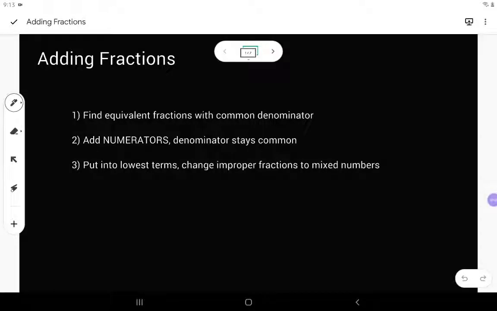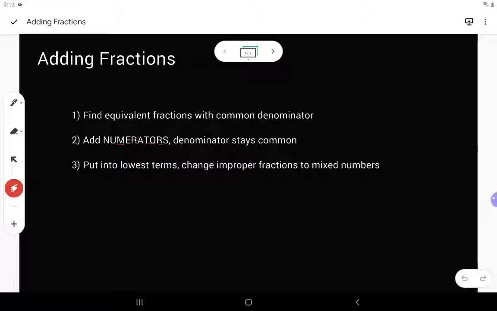Adding fractions. Now this should be a review of what you've covered in grade 7, but if you've never seen this before, this is a good opportunity to learn it for the first time, I guess. So, adding fractions. The first thing we're going to do is find equivalent fractions with a common denominator. Okay. Once we've found that common denominator and we've got our equivalent fractions, we're just going to add